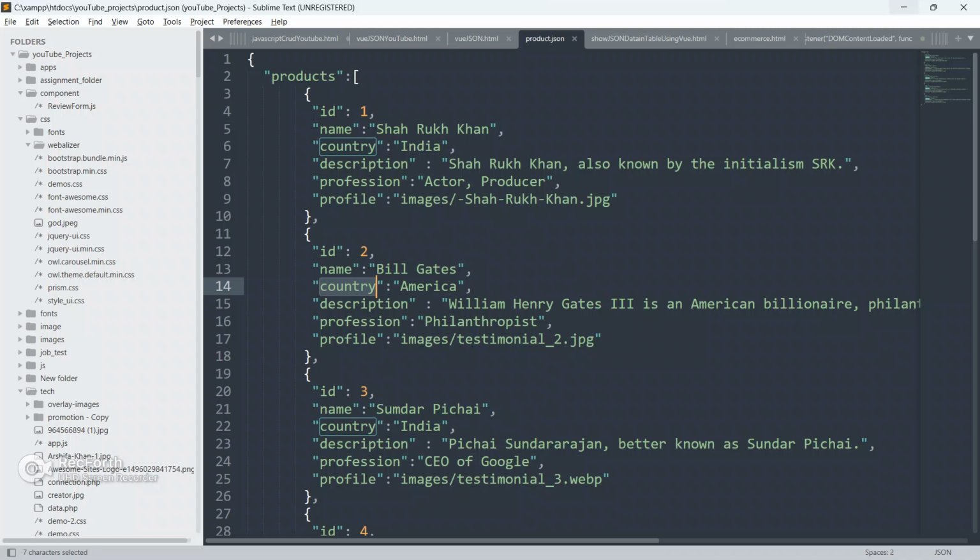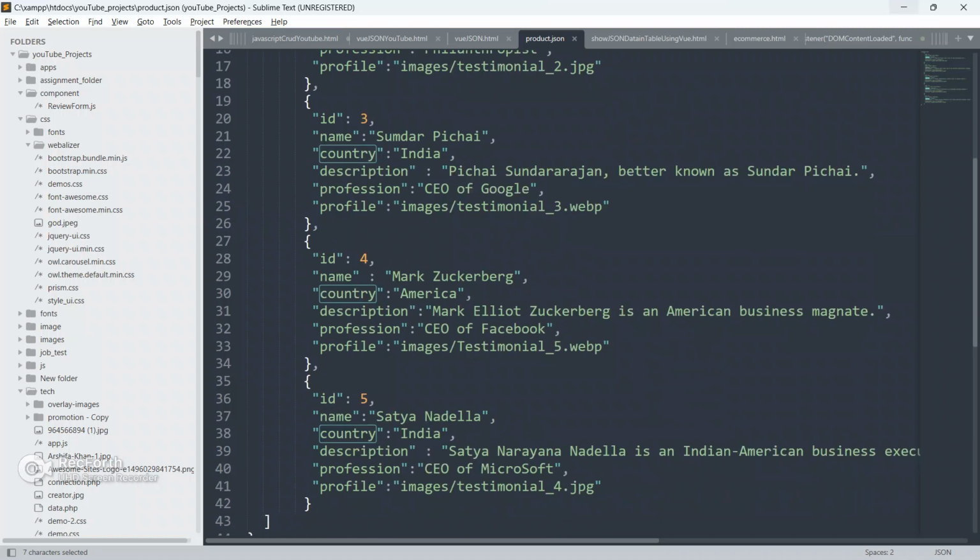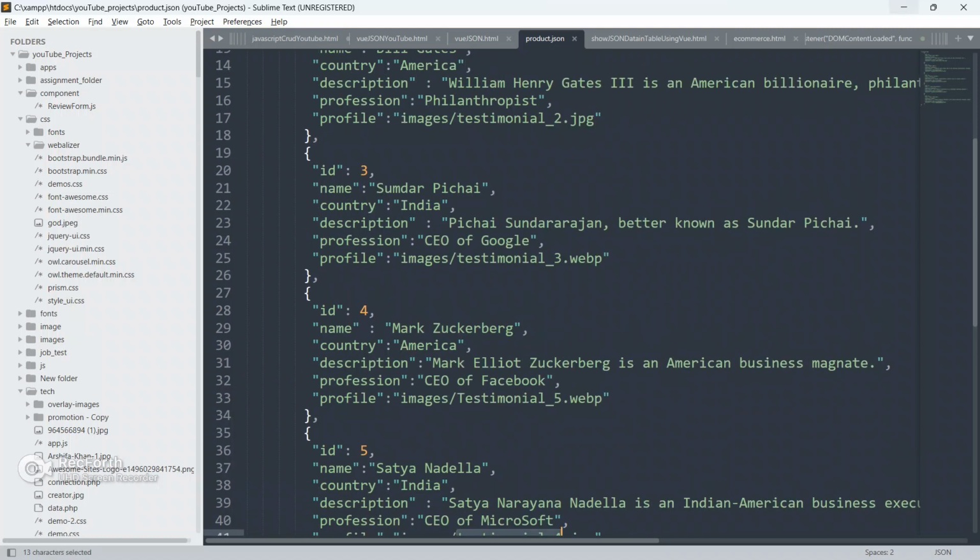As you can see, we have 5 elements in our product array, and we are going to use this JSON file in this session. There are Bill Gates, Sundar Pichai, Mark Zuckerberg, and Satya Nadella, with the country, name, description, profession, and profile also. As the profile I have given the image path name: this is the folder name, and this is the image name.